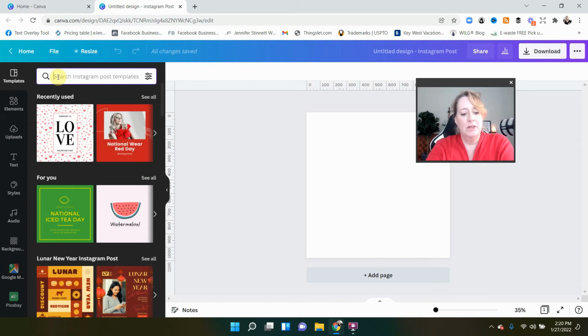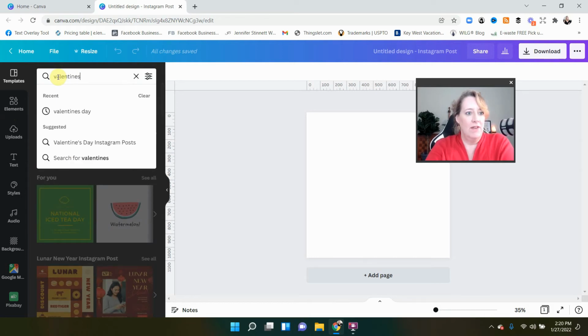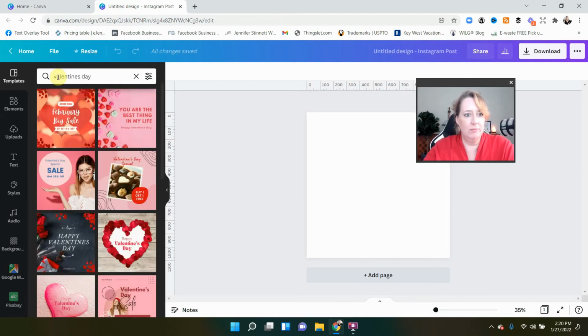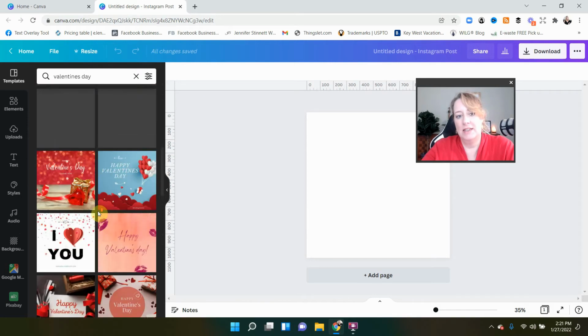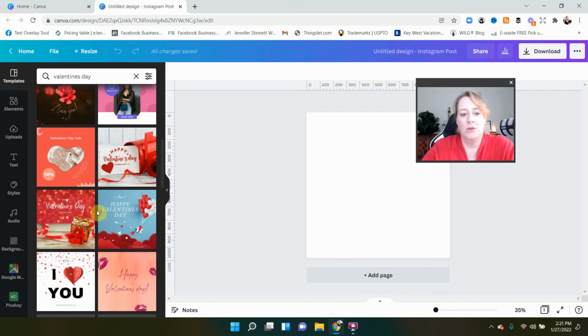It says templates, and we're going to put in Valentine's Day. And because I selected the Instagram post size here for the template, it's only going to show us Instagram sized templates that people are already using.